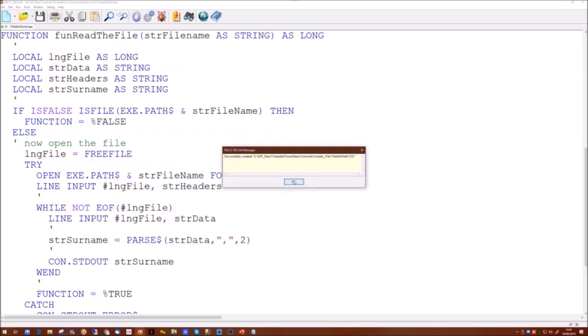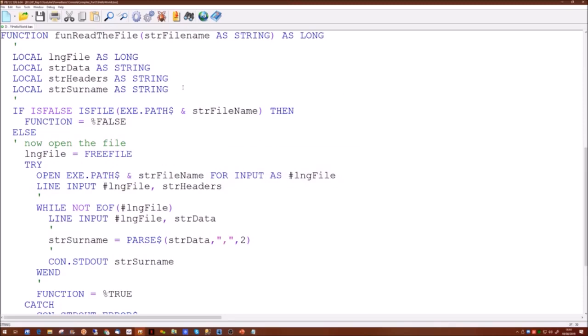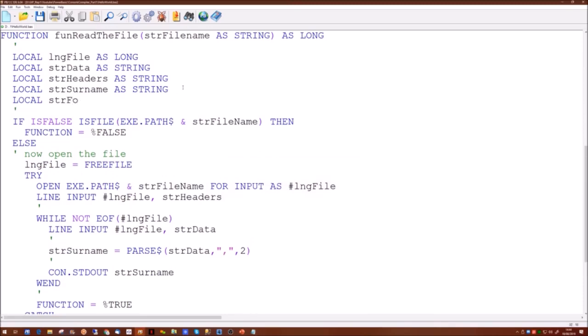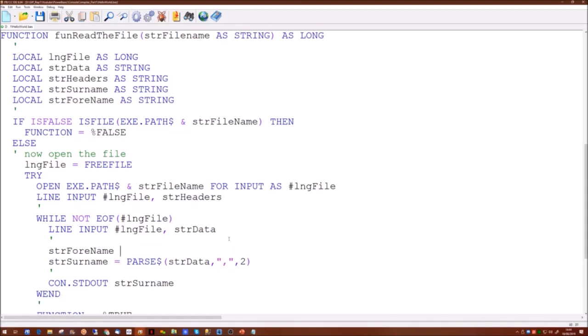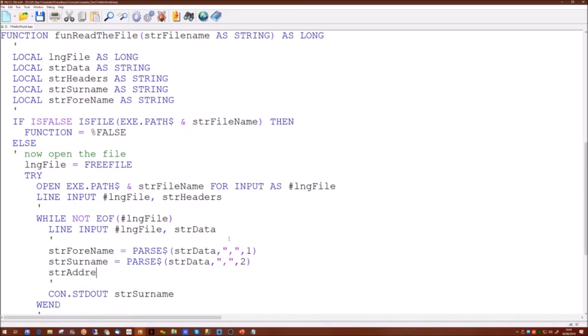So if we wanted to pick up the forename separately, we can do exactly the same thing. The only difference this time is it's coming from the first element. And just to finish off the idea, we can have that.